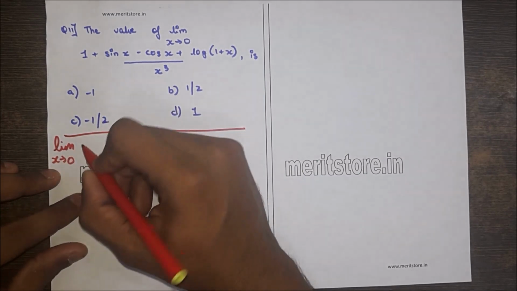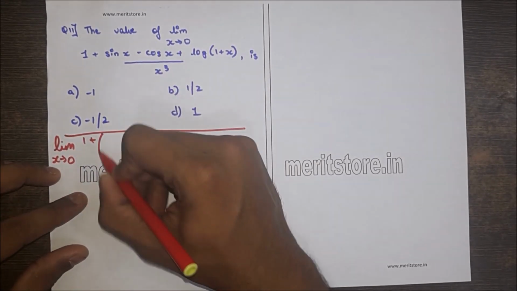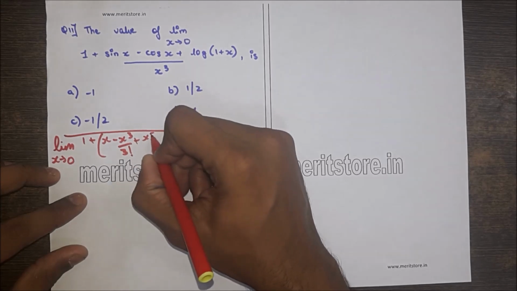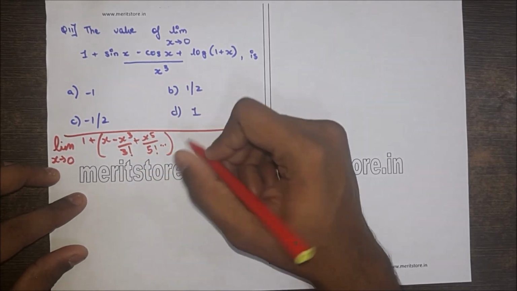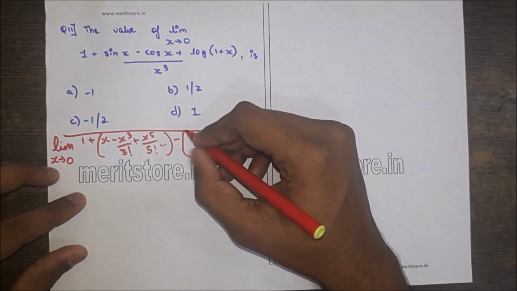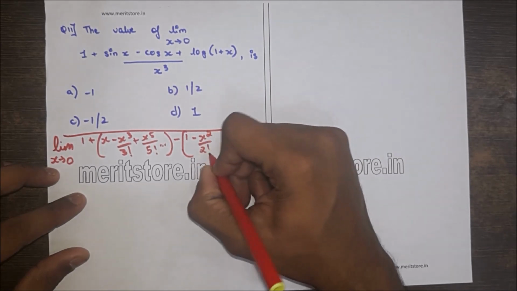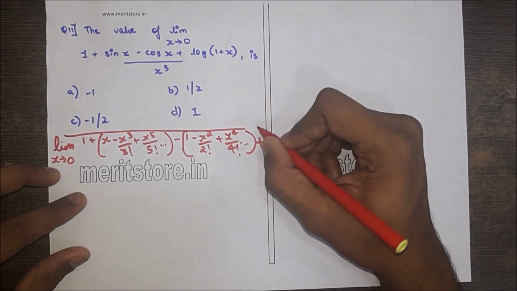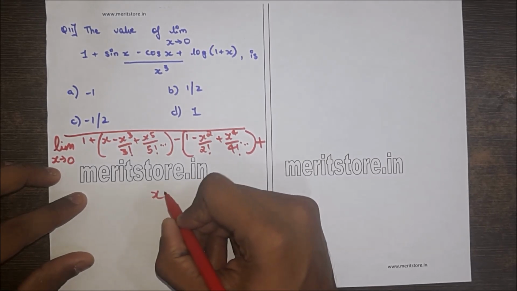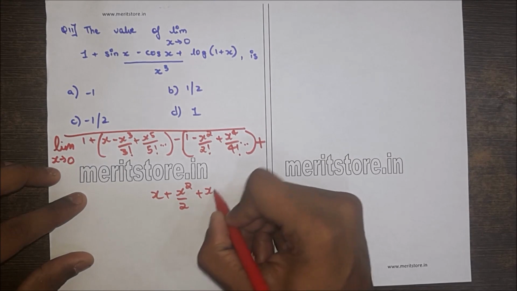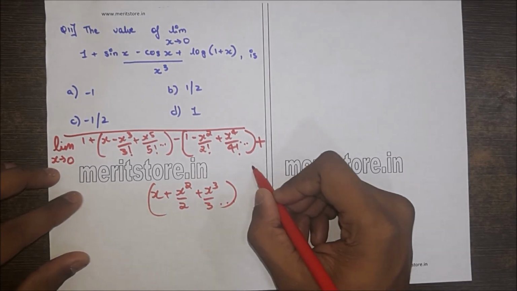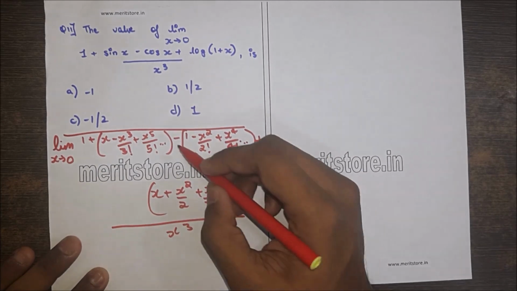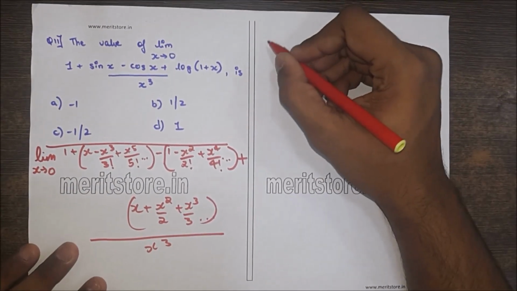x tends to 0, 1 plus sin x becomes x minus x cube upon 3 factorial plus x raised to 5 upon 5 factorial and so on, minus cos becomes 1 minus x square upon 2 factorial plus x raised to 4 upon 4 factorial and so on, plus x plus x square by 2 plus x cube by 3 and so on upon x cube. This whole thing is one term, which equals to